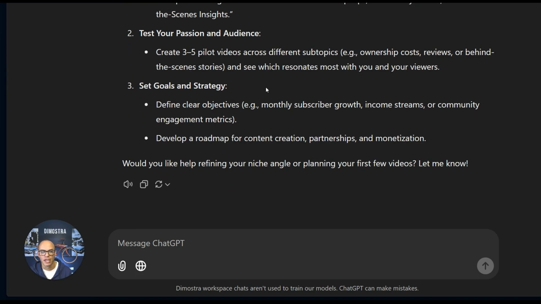Set goals and strategy. Now that we've completed all of these prompts, what I suggest is that you export all of this into a Word document. And then I would save that Word document for a couple of things. Number one, you can include it in some of your content creation with ChatGPT by including it as an exemplar. I hope these 17 prompts helped you define your niche.